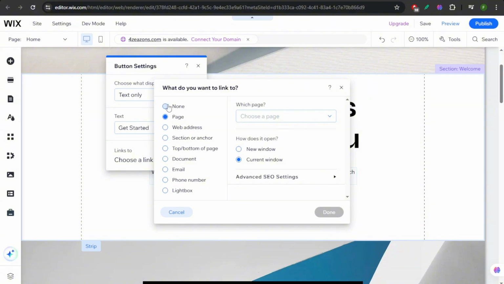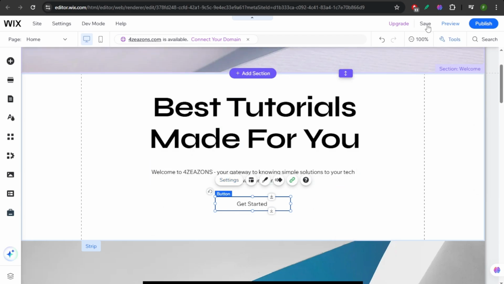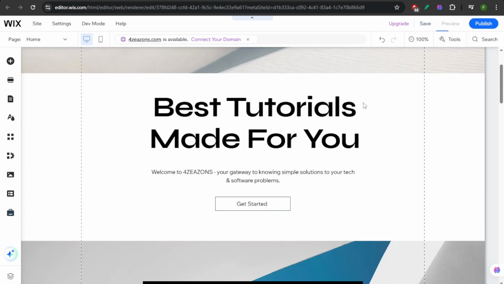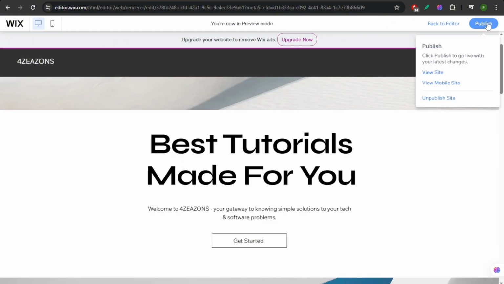You can choose to add a web address, a page or section, top or bottom of page, document, email, phone number, or lightbox. For example, I'm just going to choose this web address and then put the YouTube URL and then click on Done once you're finished adding your link and then click on Preview to see how it looks like. Once you're done and you're satisfied with the design, you can just click on Publish and then we